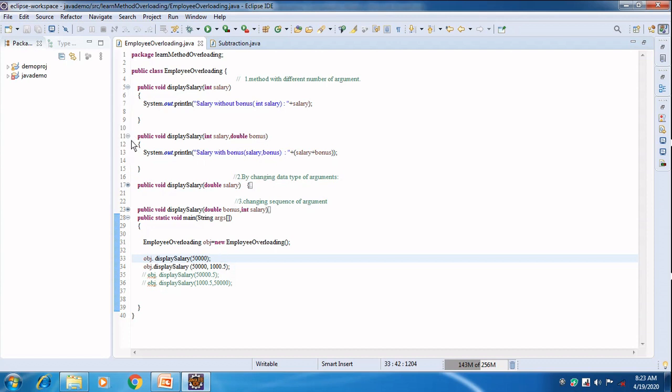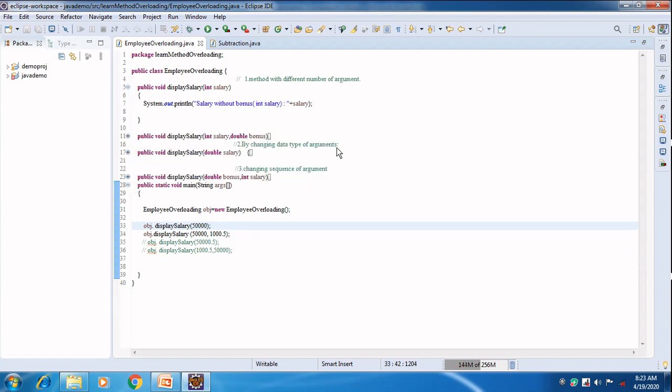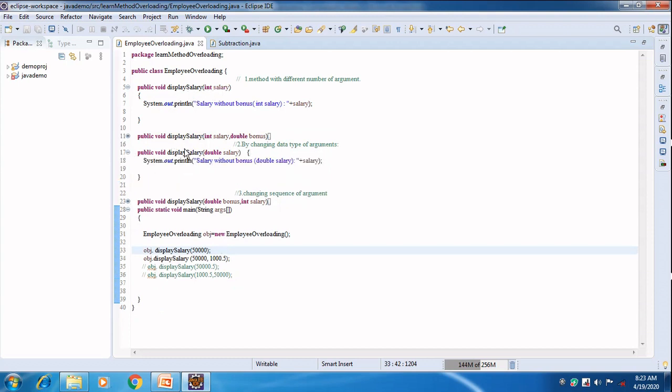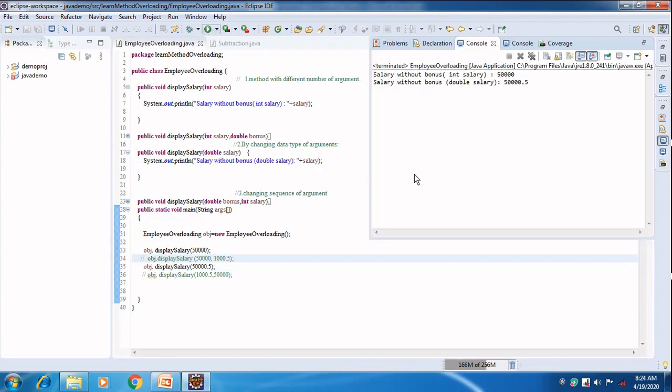Now we will be seeing the data type of arguments. In this case I am having salary as integer type. Here I am having a function in which I am having salary as double type. Now we will execute that too. We will pass comment on this. Okay. So when this method is invoked, the methods are the same, but based on the type of arguments that we pass, that method will be invoked and will get executed. See, this salary is int, this is about double.